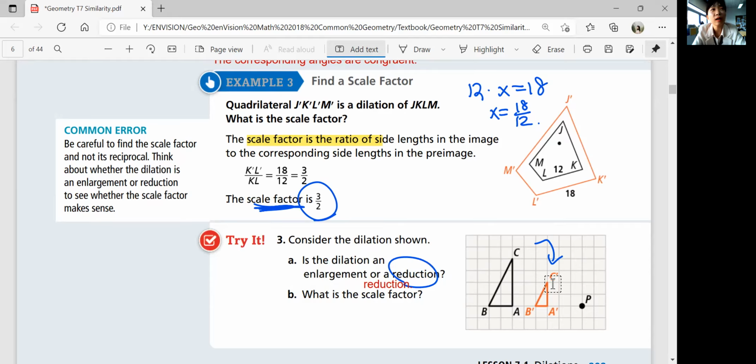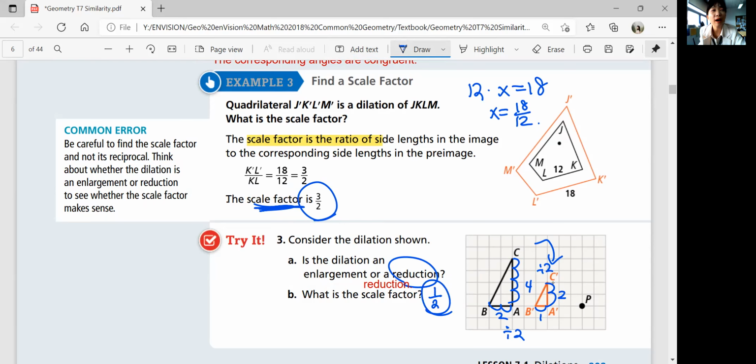Okay, what is the scale factor? We need to figure it out. So you can count 1, 2, 3, 4. 4, 2, 2. And 2, 2, 1. So what is the scale factor? 2 to be divided into 1. You need to divide by 2. 4 divided by 2 is 2. So your scale factor is multiplying it by